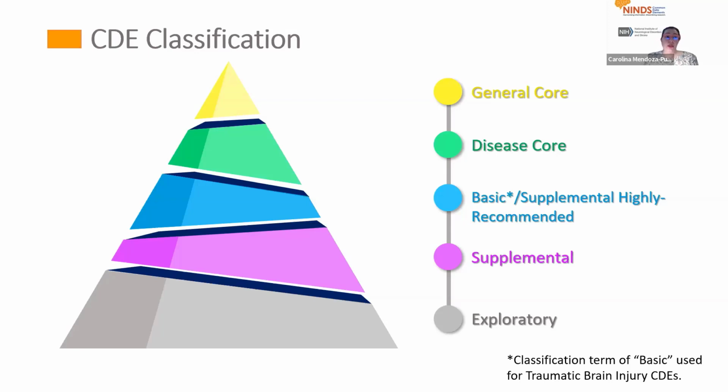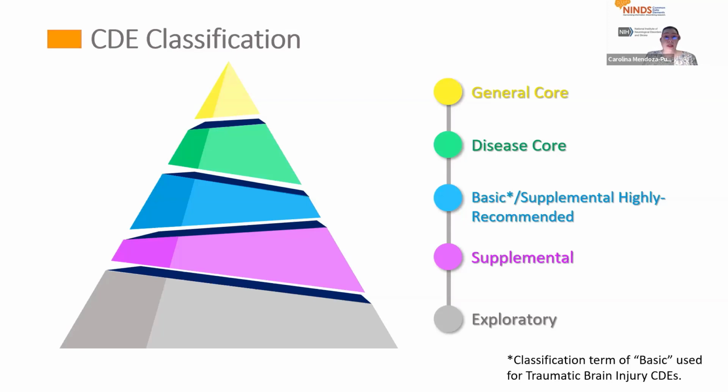They're divided into general core, which are disease agnostic, though can be demographic or social determinants of health. And then we have the disease core, which, as the name says, are applicable to that particular disease area. So why is the list so short? Because these are CDEs that will be applicable to every single study or trial that is doing research in that